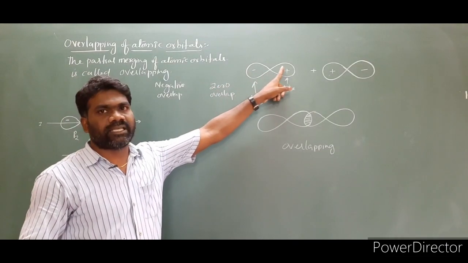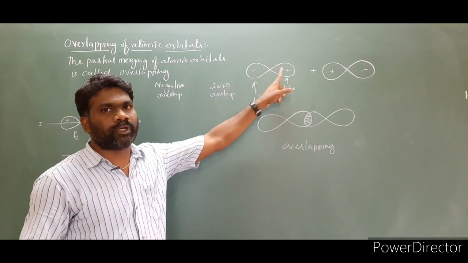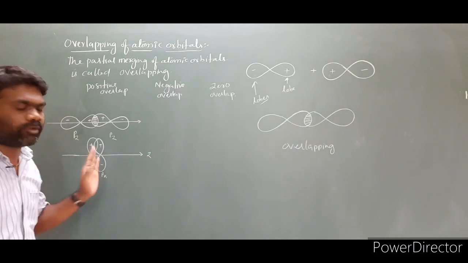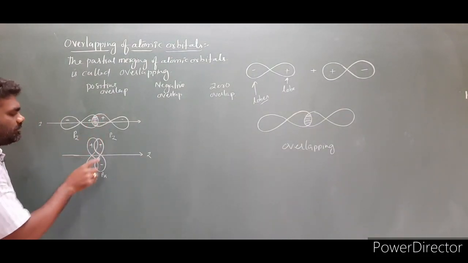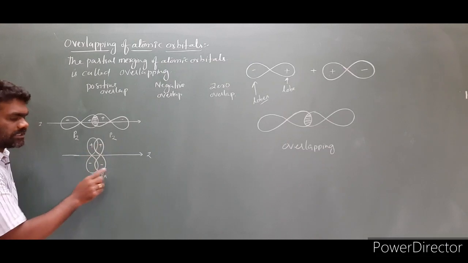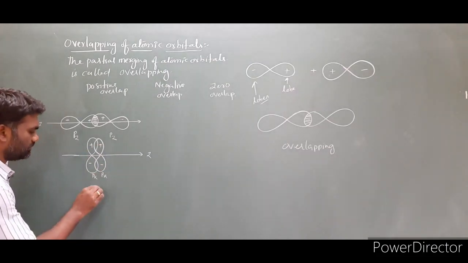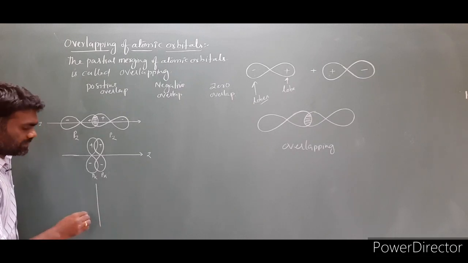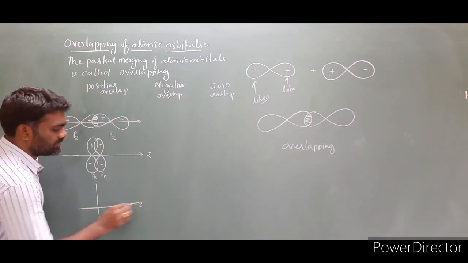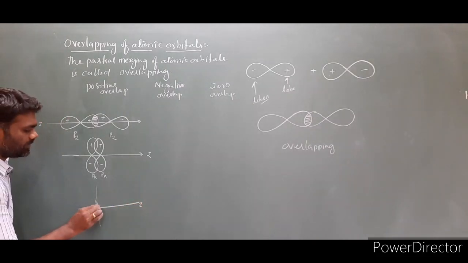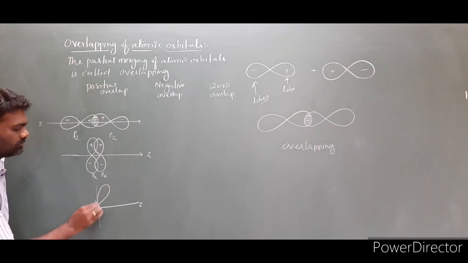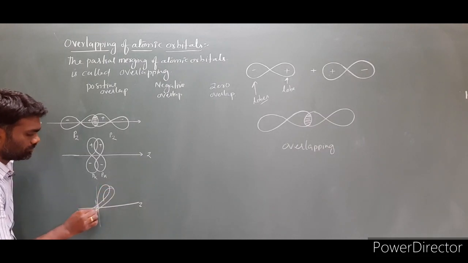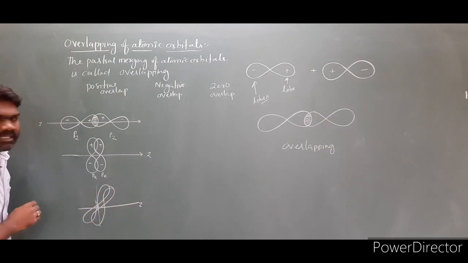We are taking the sign, these positive and negative are the signs of the orbital wave function, not the charges. I repeat once more. Then third, this is px, this is the pz orbital, this is the px orbital, we can take the py orbital. So for the py orbital, this is the x-axis we are taking, this is the z-axis, and you can represent the py orbital like this. This is one py orbital, this is another py orbital.